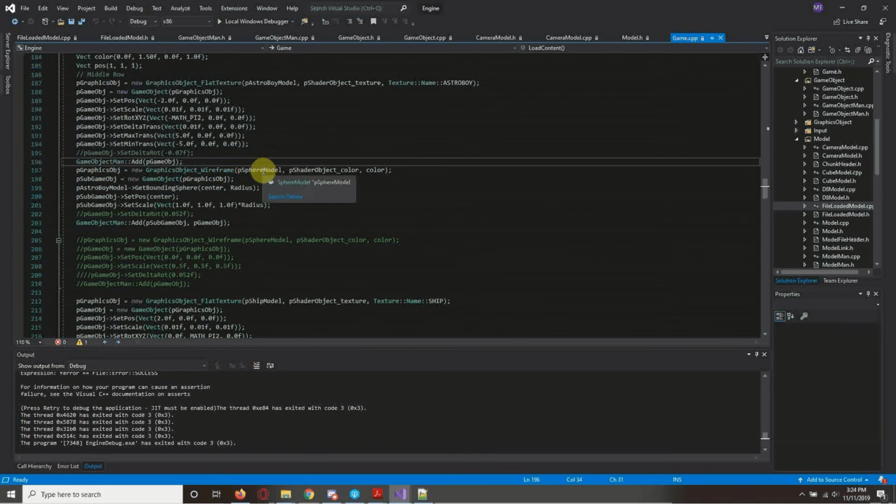Then we go through and get our sphere model and make that a game object, and then we get the bounding sphere from the first model, set the position, set the scale, and then we add it just as a child of the first game object there. This one's just a child, so it'll move along with it. The position and scale are both local in this case instead of